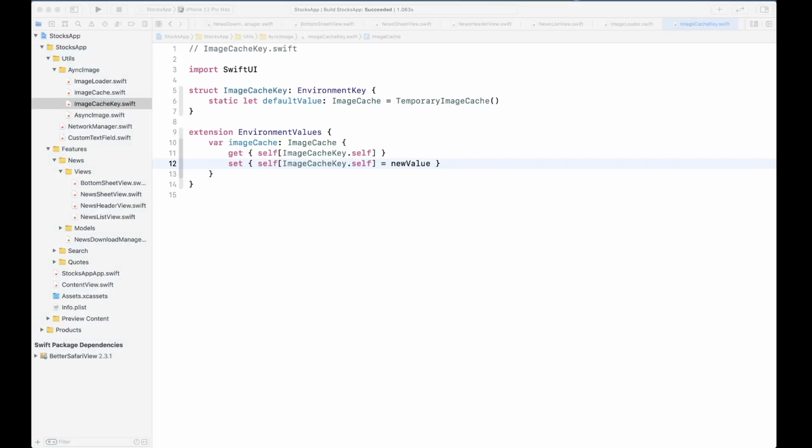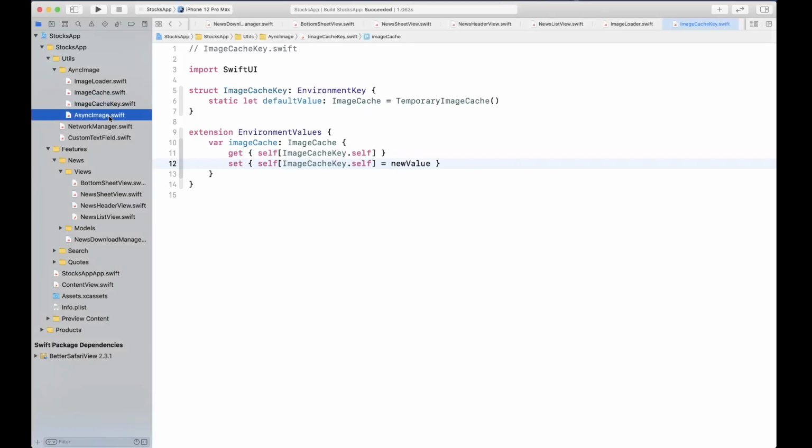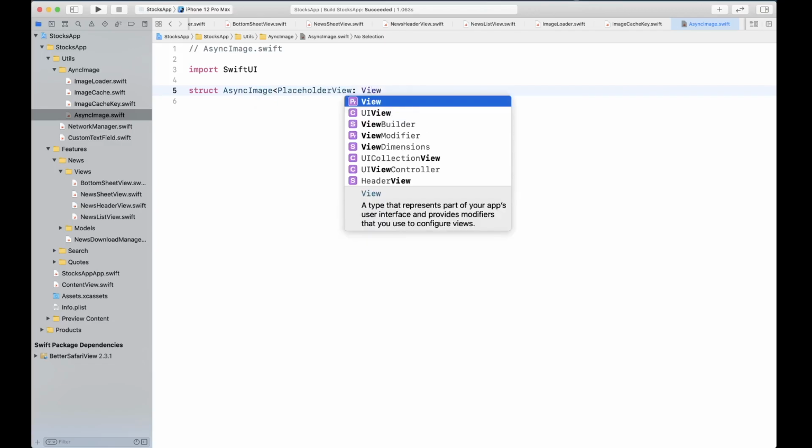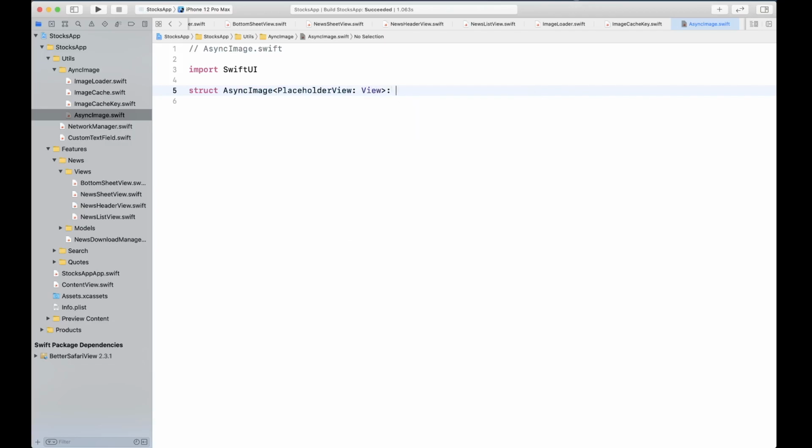Now next we're going to create an async image view. So let's go ahead and create that. This is going to be a SwiftUI view, and we're going to create a struct AsyncImage with a placeholder view type, and this entire view is going to be conforming to View as well.